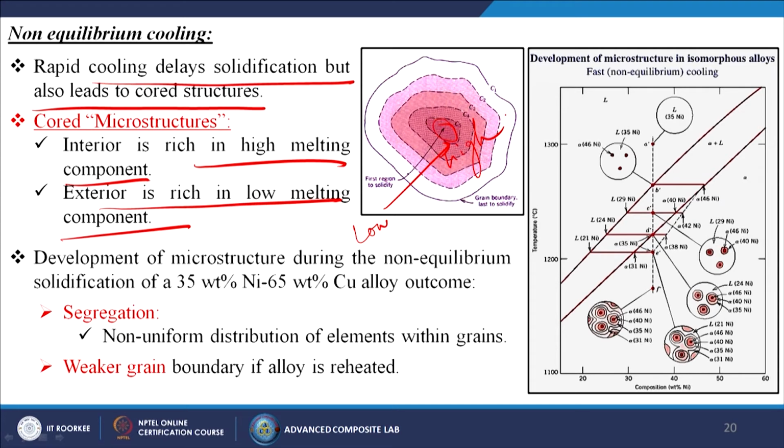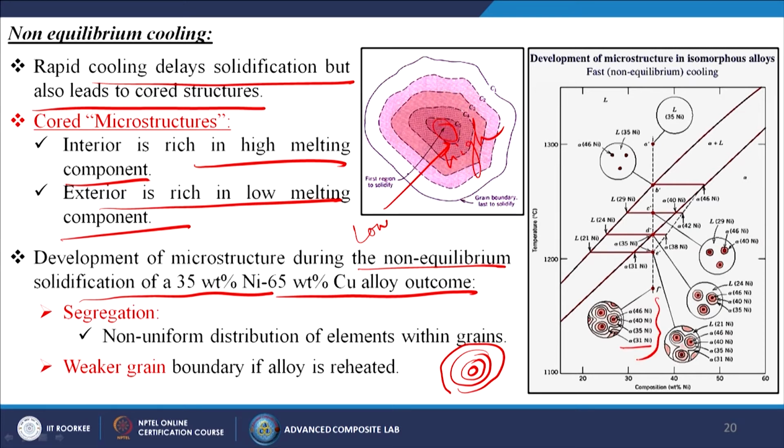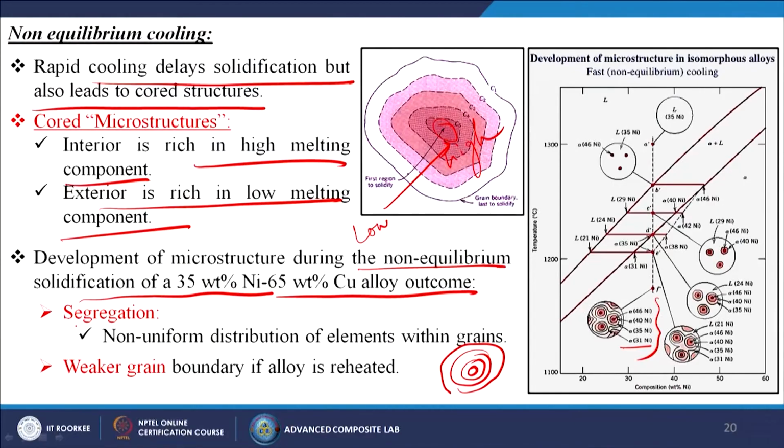Development of microstructure during the non-equilibrium solidification of a 35 weight percent nickel and 65 weight percent copper alloy: in this case you can see that inside is alpha with 46% nickel, then on top of that 40% nickel, then on top of that 35% nickel, and the outside is 31% nickel. This is for non-equilibrium cooling, so it has different temperature zones. We can see the segregation, that means non-uniform distribution of elements within grains,